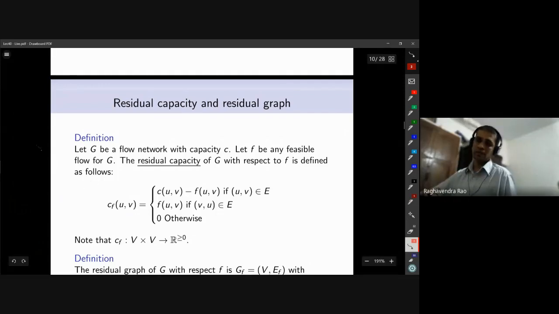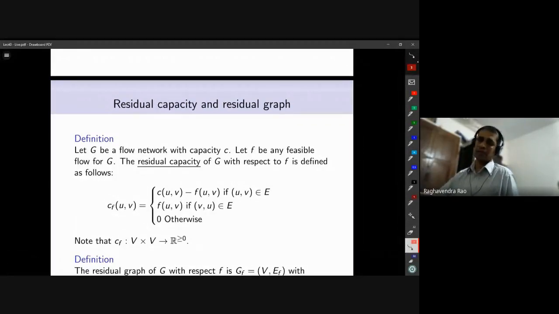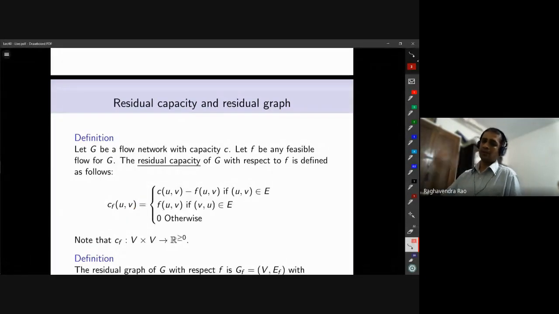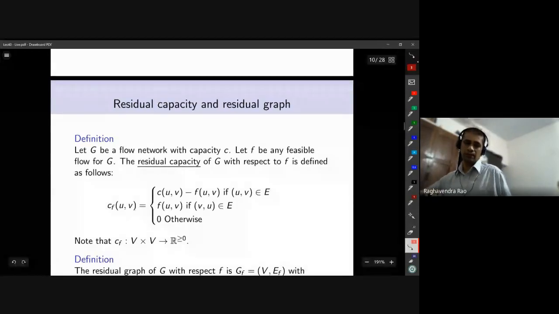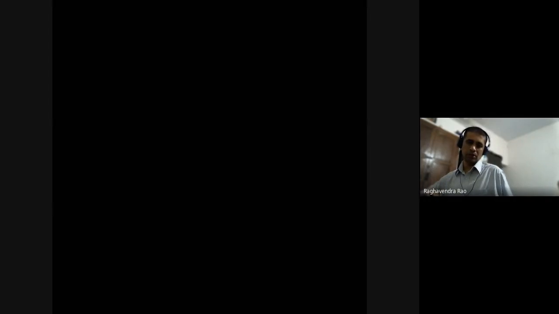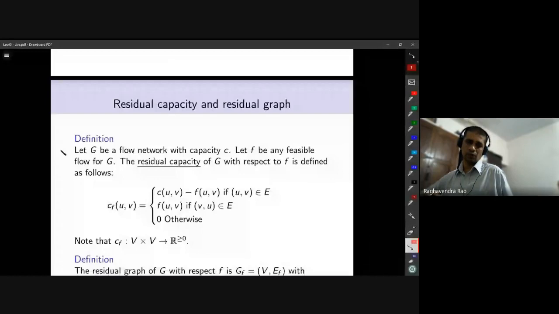So here, what we saw is for the first case, if there was an edge from u to v, where u is in S and v is in T, then the flow value must be the capacity, because we know that the residual capacity is 0. The other case is if there was an edge from v to u, where v is in T and u is in S, then again we know that the flow assignment must have been 0, because there is no edge from u to v. In the notation we have used on the current slide, it's x to w.